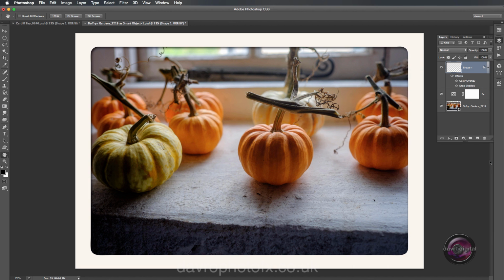As you can see, once we've created this framework, once we've created this border, we can use it over and over again. We can adjust it, and this is using 100 pixels. You might want to take it up a little bit further, you might want to drop it down in size, but go on, have some fun with it. It is a great way, a very quick and easy way as well, of adding